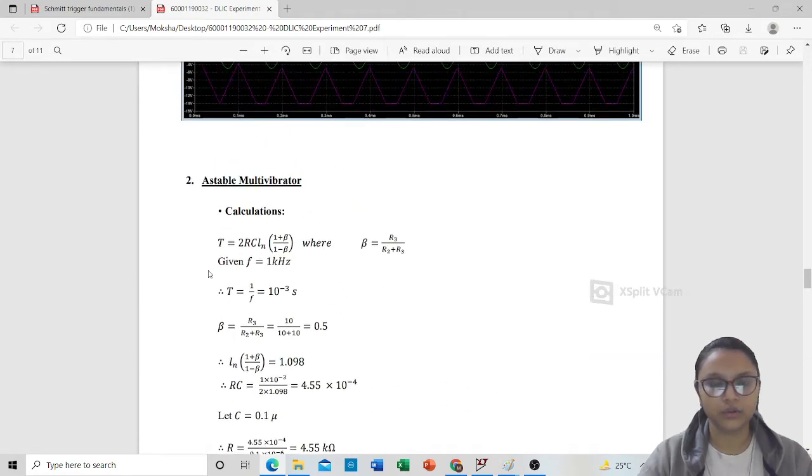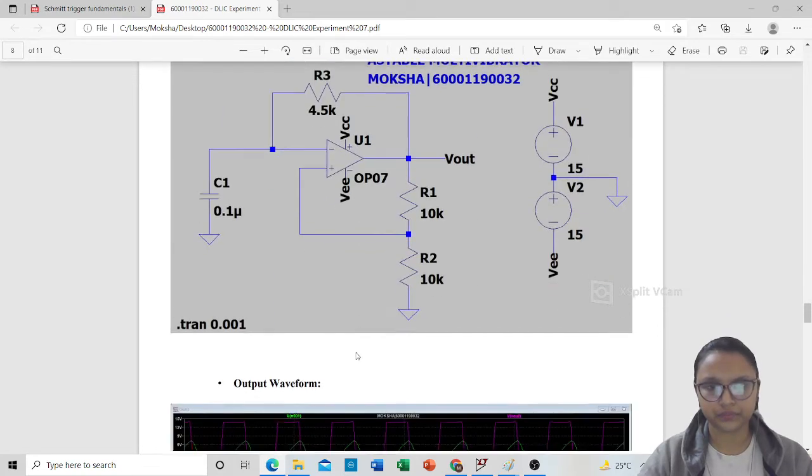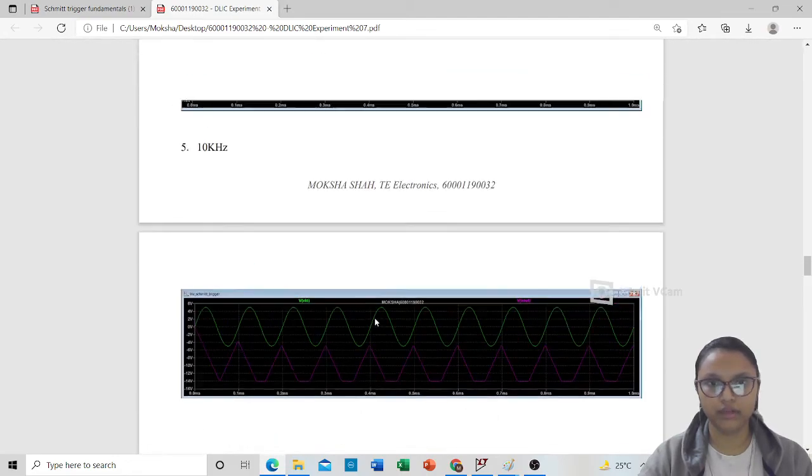Okay, so we are taking the frequency as 1k hertz. So we are getting the values of capacitors accordingly. Now at the output, you all can see, I'll show you all by the graph.